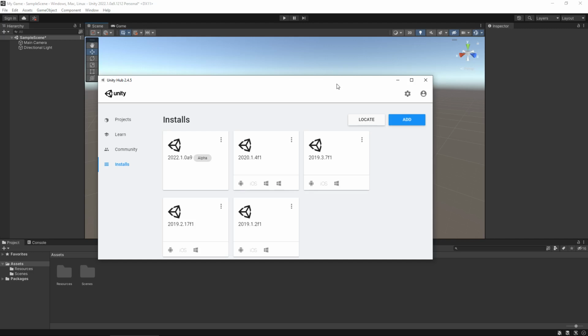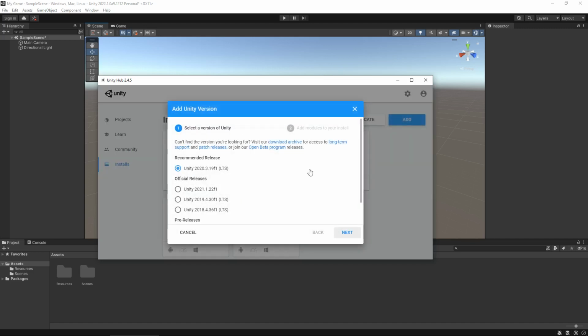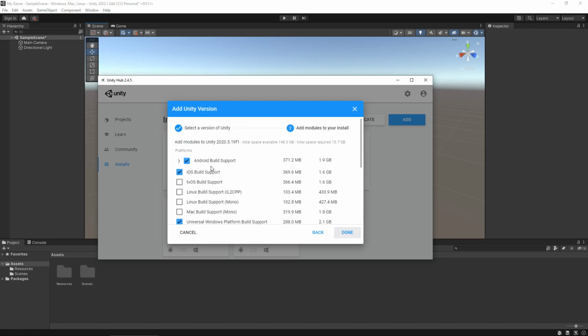You know, the SSD is more for speed than anything. So let's talk a little bit about platforms as well. Now, when we made the installation, we had the opportunity to select a couple of things. So let's say, for example, we want to go to the recommended release, select next, and here we have all